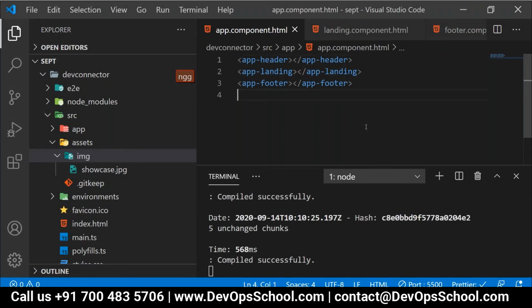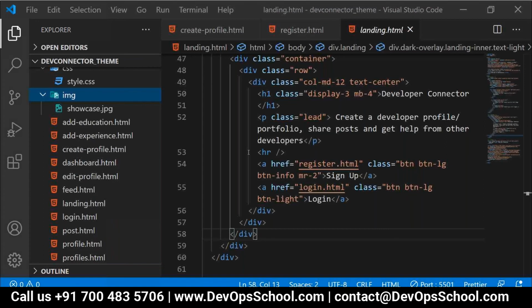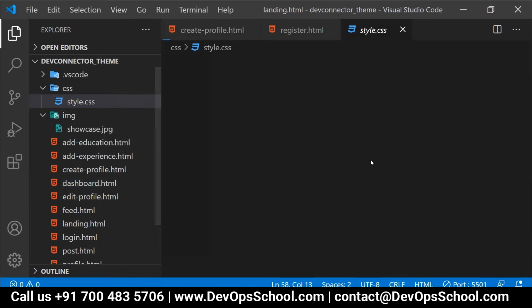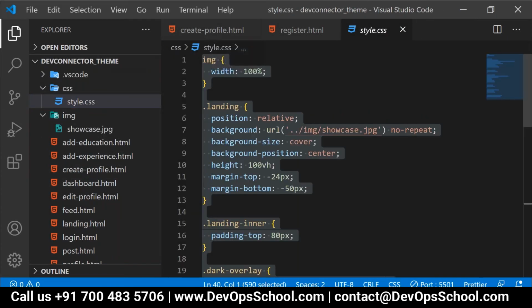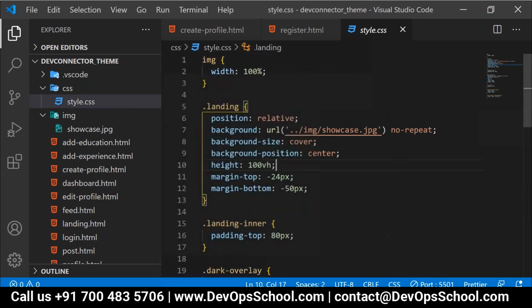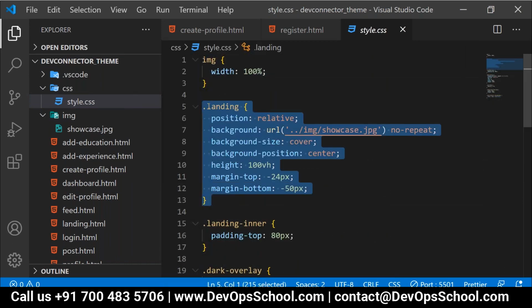Okay, now the next point. All of you are done till this, right? Now the only issue is with the image, correct? So the image also we copied, and for this image part, the CSS work is already done. Are you able to see this? For the image, we have written it, correct? And here you're able to see this dot landing, right?